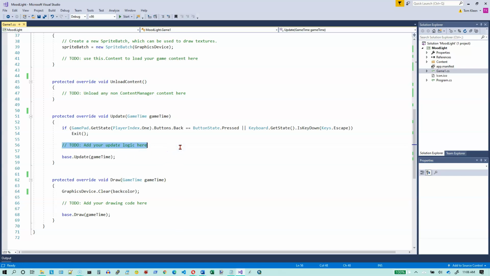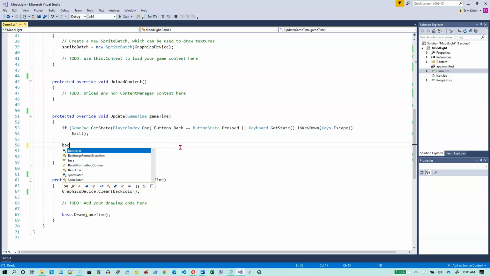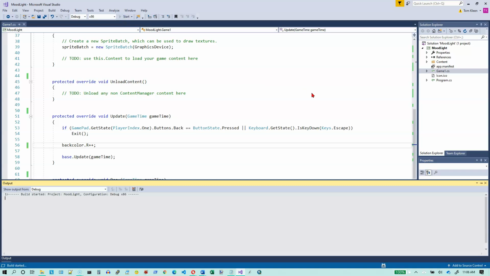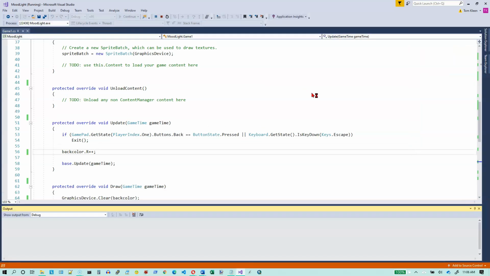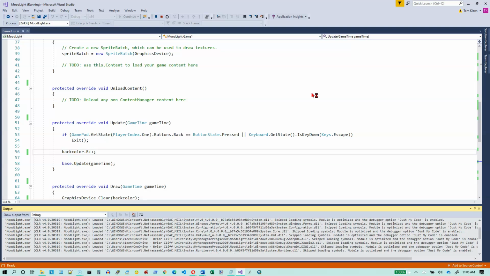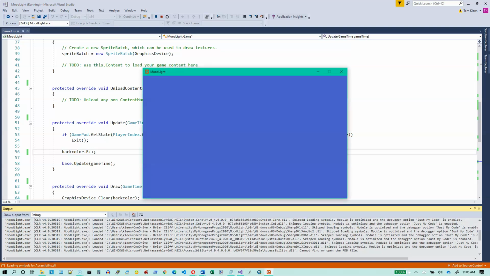So this is where I put my update logic, and my update logic for right now is simply going to be to add 1 to the red component. So BackColor.r plus plus. Plus plus is the increment operator. Now let's go ahead and run this again, and what we'll see is it will gradually increase the red component. It was mostly blue, and as I add red to it, I get more of a purple. Go back to blue, get more purple, and you'll notice about every 4 seconds, I'm getting a big jump in